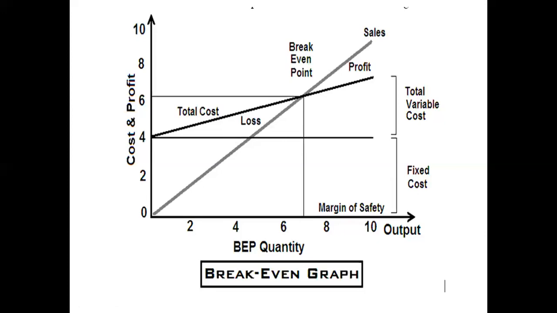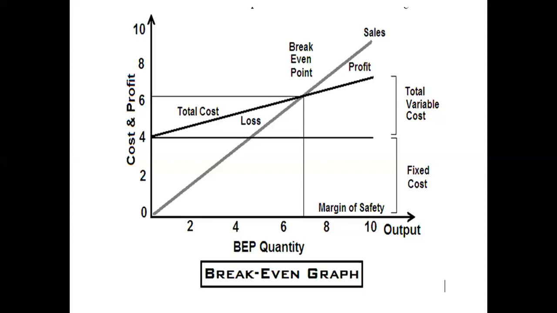The larger the margin of safety, the safer and more profitable the business. It indicates how far the business is in a safe position. Whenever the difference is more, then what happens? You are going to assume that our business is safe and you are going to get more profit.